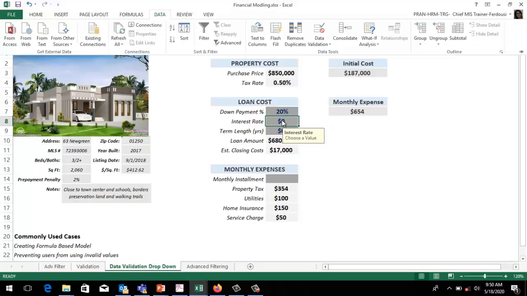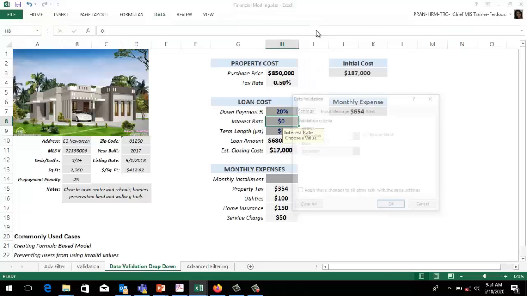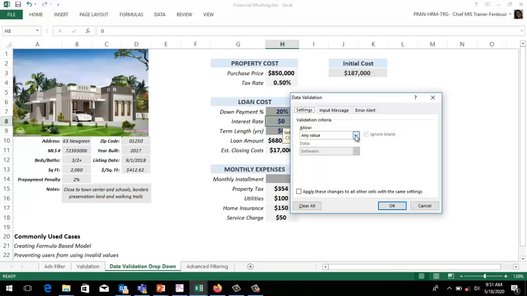So now we'll fix the interest rate. Select this cell, data validation, choose the drop-down list, select list, type the interest rates separated by comma and space, then finally OK.